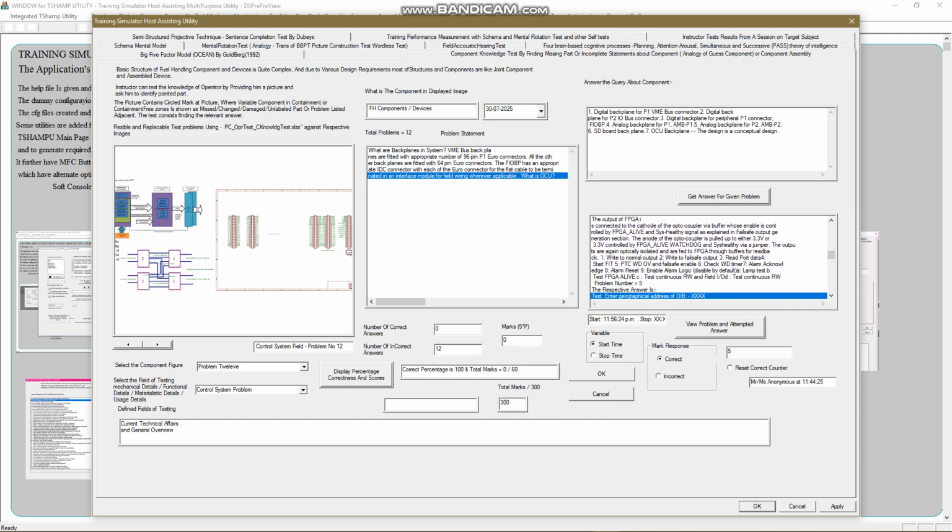In this test, we can find out how much time is taken for giving an answer, then the percentage of correctness using how many answers were correct from all these questions. And total marks are defined as 300 because there are 5 tests.